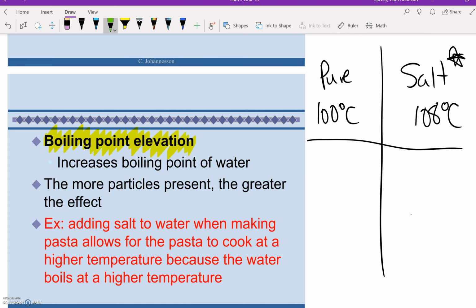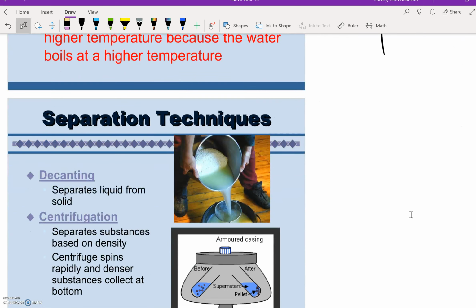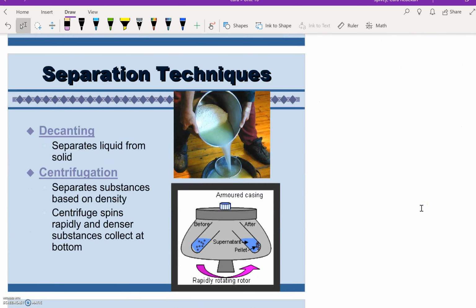So we're going to go ahead and talk about some separation techniques. I'm not going to read these slides to you. You can go ahead and read them for yourself. We see that decanting and centrifuging are two ways to separate different things. Decanting, a fancy word for this, is